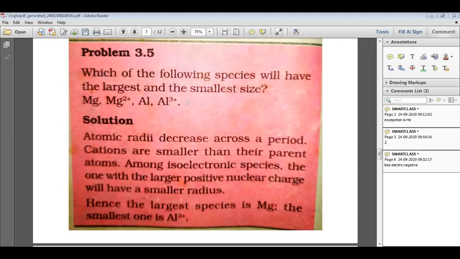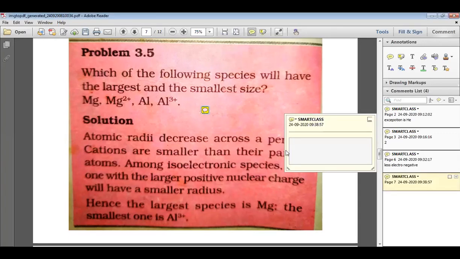So for magnesium and aluminum we are clear. Now we know the more the charge, the smaller the size. That means magnesium plus 2 would be even smaller than the magnesium atom. Well, the aluminum atom itself is smaller than magnesium and it has plus 3 charge. So aluminum plus 3 is definitely going to be the smallest one, and that is why we can arrange these species in order. The smallest one would be Al plus 3, then we would have Mg plus 2.